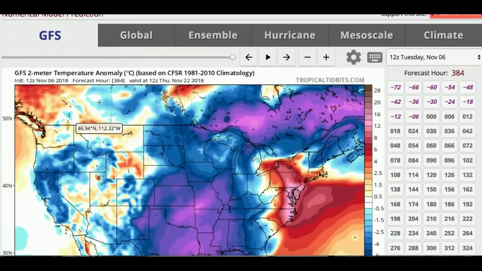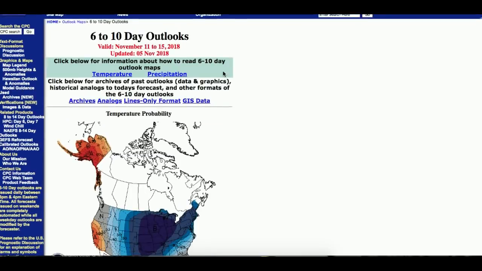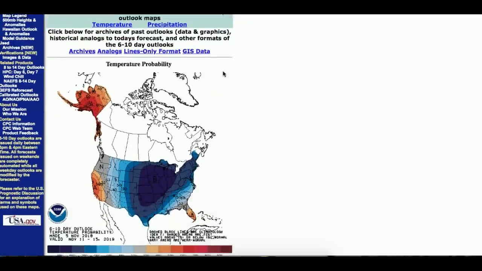So we don't really know where this will go. We have no idea. At this point, we can just speculate. We're speculating for, I would say, 8 days and out. It's all speculation. If we go to the 6 to 10 day outlook, November 11th through the 15th, 2018, obviously,